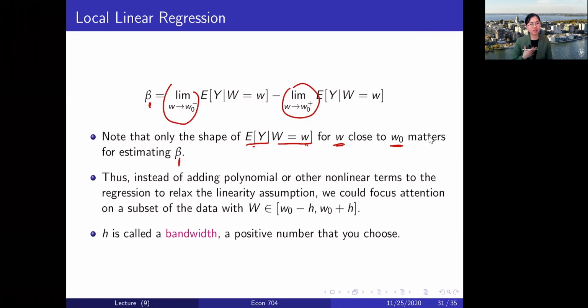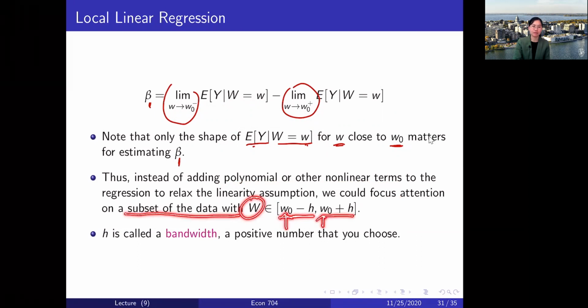So therefore, for the RDD estimator, when we want to relax the linearity assumption, we actually typically do not relax it by adding polynomial or other nonlinear terms of W into the regression. Those, theoretically speaking, work. However, they do not work so well in finite samples. Instead, we focus attention on a subset of data with W being in a small interval around the threshold value,